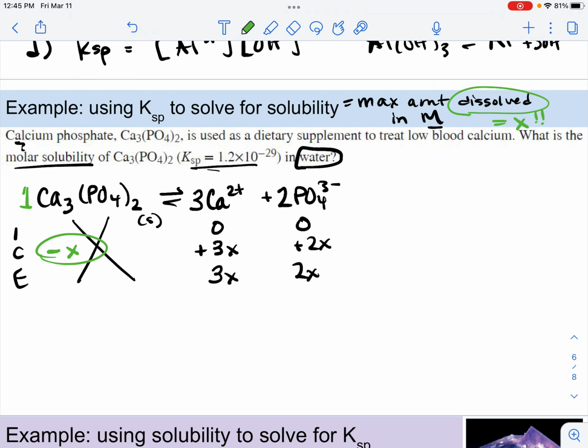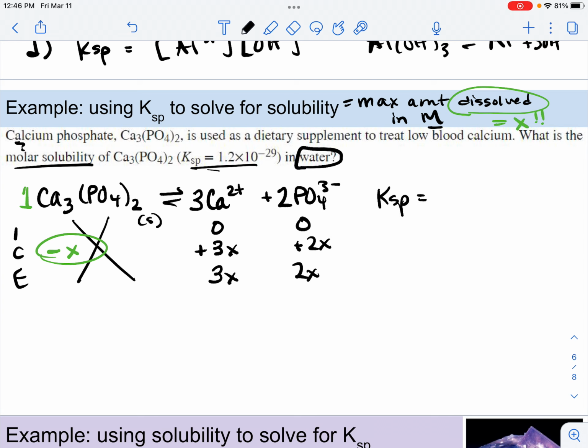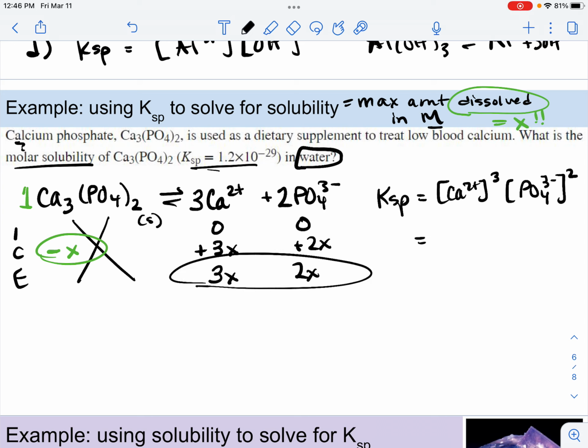So the way that we're going to do this now is write our KSP expression. KSP equals, from the equation, the concentration of calcium ions cubed times the concentration of phosphate ions squared. And now I'm going to substitute in my equilibrium line, which would be KSP, they told me 1.2 times 10 to the negative 29th, notice how small that is, equals the calcium ion, which is 3x squared, the whole thing, not just the x, and 2x, the whole thing squared. So this now equals 3x